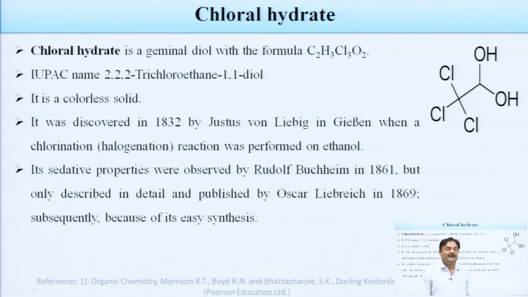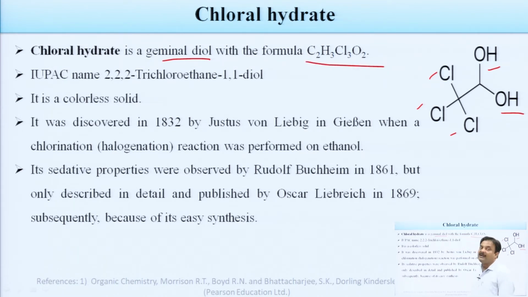Now, coming to the next important molecule, that is chloral hydrate. You can see the structure of chloral hydrate on the PPT. It has 3 chlorine atoms and 2 hydroxy groups. So, 3 chlorine, so chloral, and two hydroxy is hydrate. Chloral hydrate is a geminal diol with the formula C2H3Cl3O2. The IUPAC name of chloral hydrate is